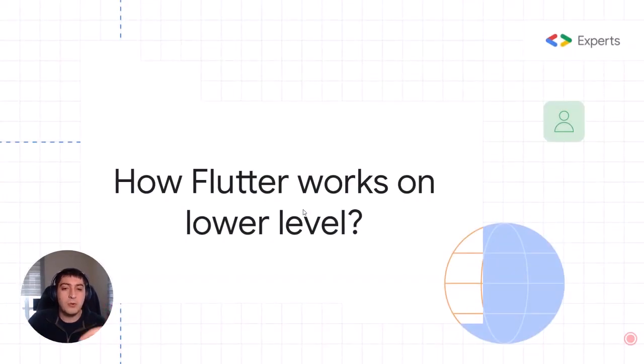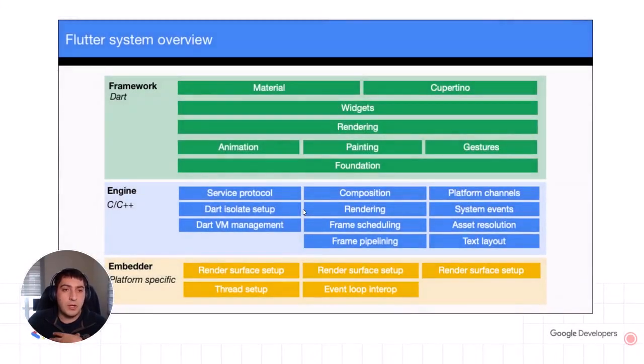But let's talk about how it works at the lower level. This is why we are here, right? If you Google Flutter, you will see a diagram like this. We were talking about aggressive layering. So all of these layers